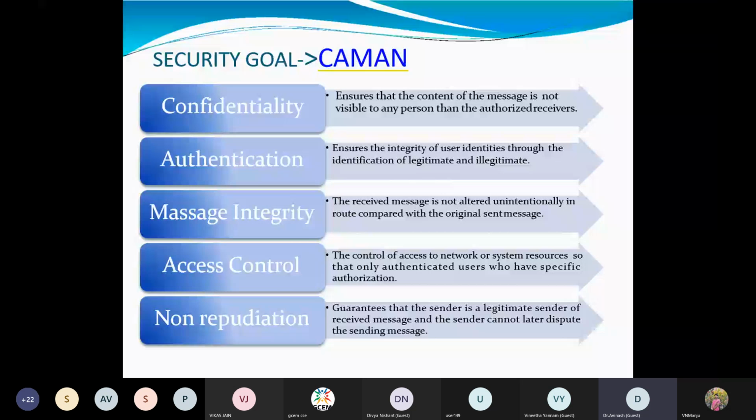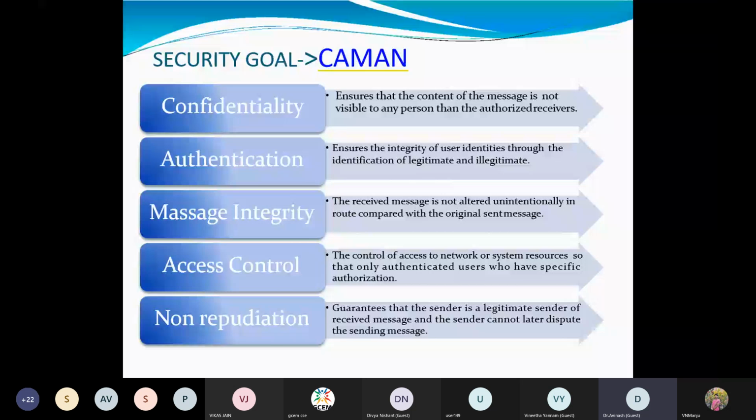For example, this is very much important when you send the email messages. Okay. So if the sender is legitimate and the receiver is also legitimate, whatever content is shared from the sender to receiver, okay, that is recorded, okay, in the form of log. So later on, if